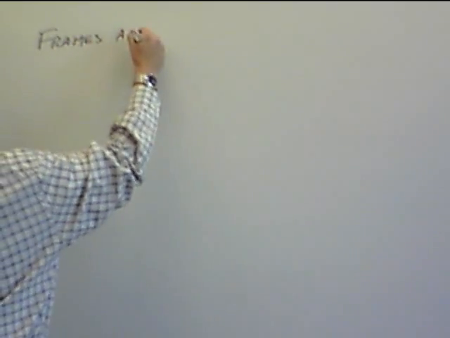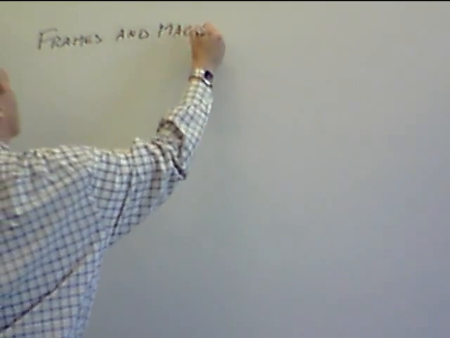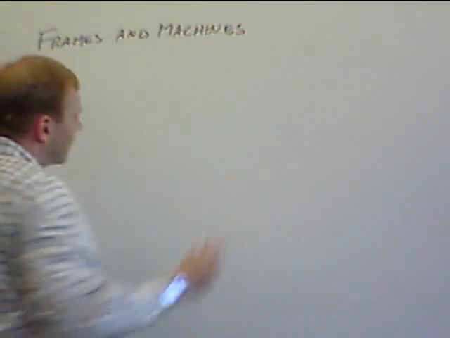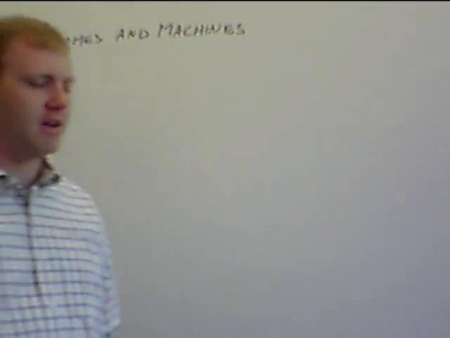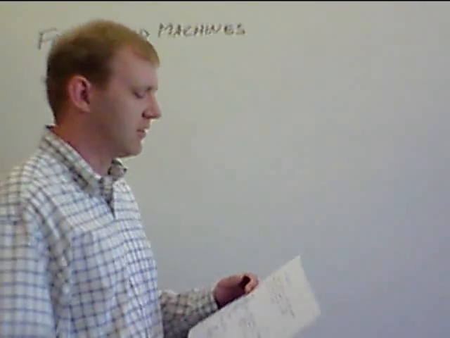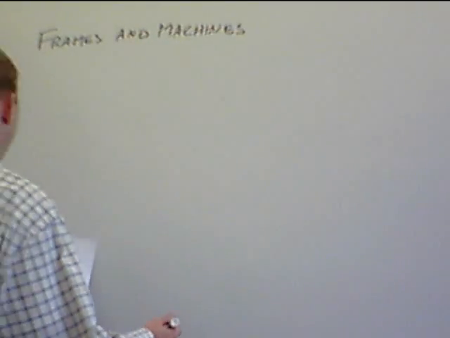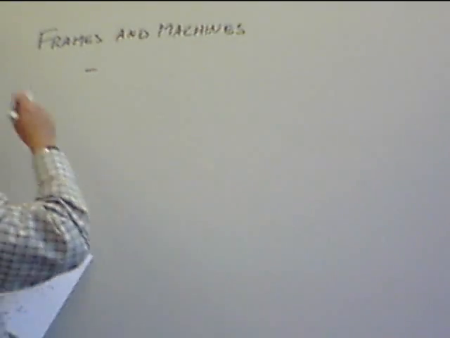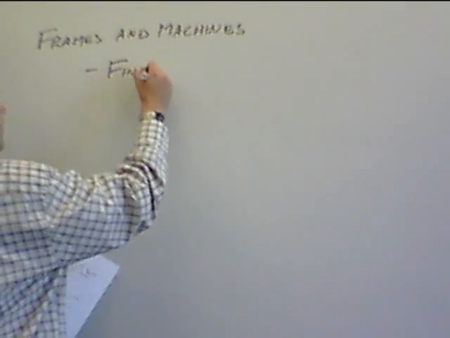All right, the second half of chapter 6 is frames and machines. It's very similar to what we did in the last section with structural analysis in terms of the method of joints, in that we look at each piece individually, only now we're looking at each structural piece as opposed to each joint. This methodology in general is to find forces